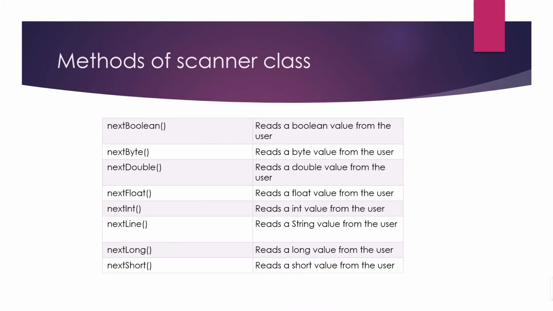Before going to my BlueJ, I should explain the methods of the Scanner class. These methods are very important because how do we know which type of data the user inputs? It is caught by these functions only. So I will explain the functions. Next, the boolean function reads a boolean value. A boolean value is mainly true or false. When we put anything, it returns only the value true or false. Its range is only true or false. It is of only 1 byte, meaning 8 bits, but it uses only 1 bit.